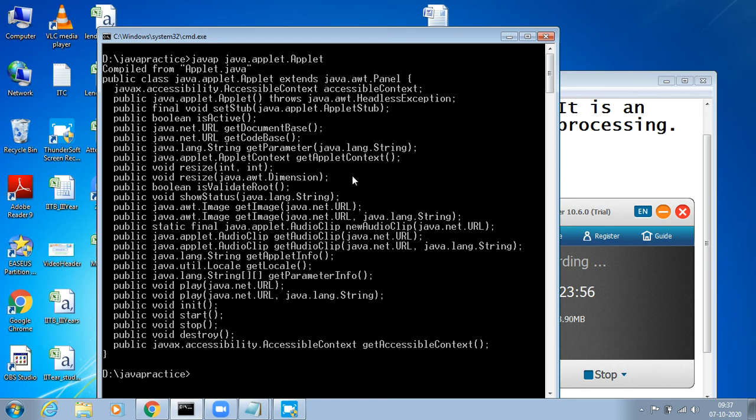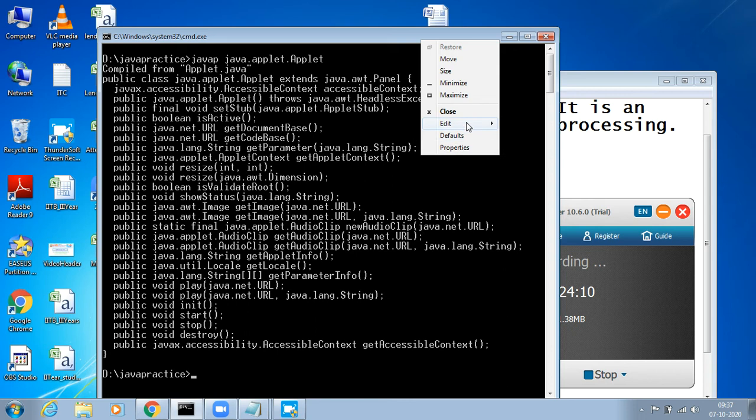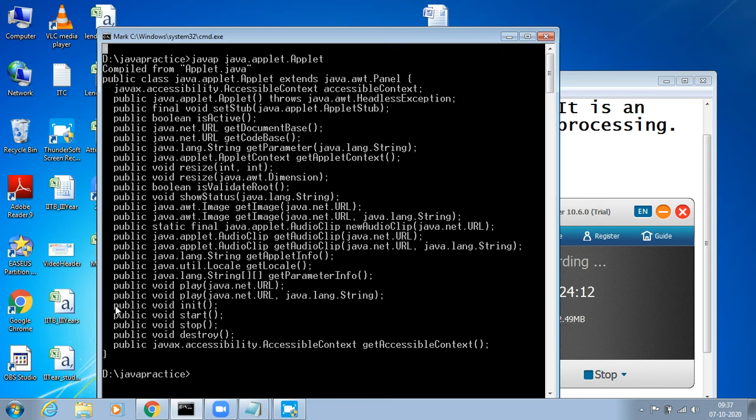See here, we have different methods of applet. You can double click on that, you can zoom. These are different methods of applet. See, as you said, init, start, stop and destroy. These are four methods which we said are lifecycle methods.